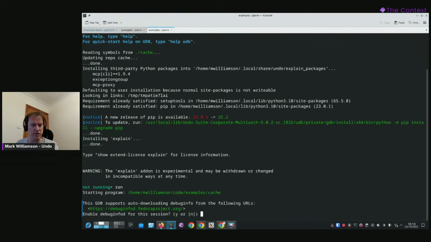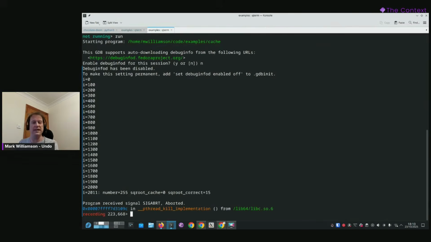So I've got another terminal here where I've loaded an AI assistant. We're going to ask that for help. So this is the same program that I've just shown you, but what I'm going to do is invoke this explain command, which I'll talk more about shortly. I'm going to say explain what went wrong in this program. So I'm not giving it much context. I'm relying on it to infer the context from what it sees.